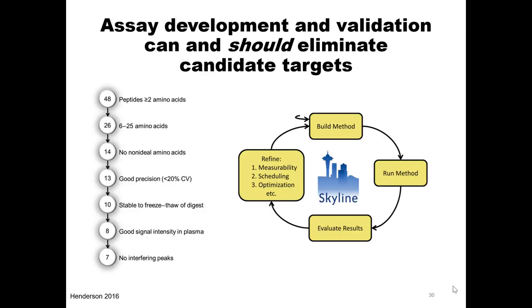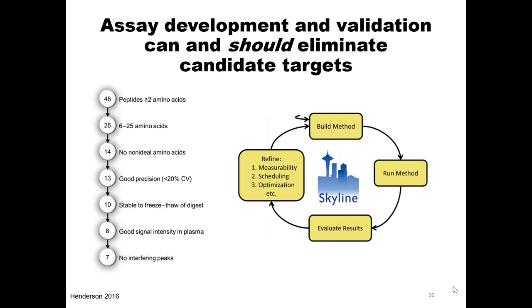So that was a very quick overview of the different experiments, and I didn't want to belabor the point because you're all educated individuals and can read those papers yourself. One point I do want to impress is that assay development and validation should eliminate candidate targets. This is a target list from Clark Henderson, a great scientist in Andy Hoofnagel's lab. He did the vitamin D binding protein assay, so we'll be working with that data to look at what the data looks like for these different types of experiments. He started from, for example, that vitamin D FASTA, and he had 48 peptides